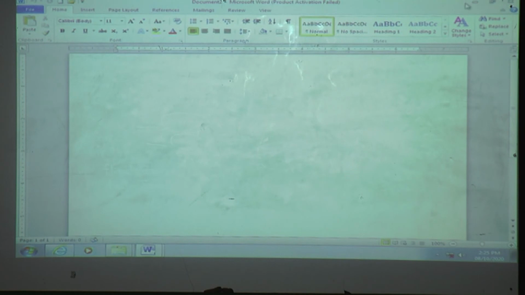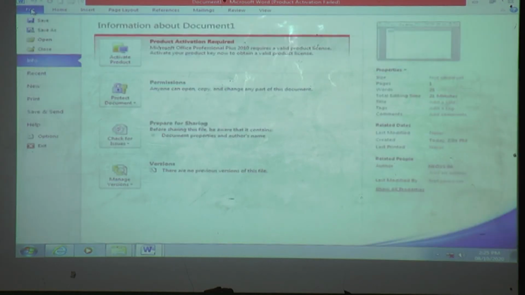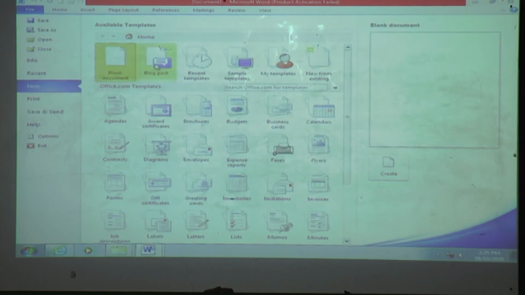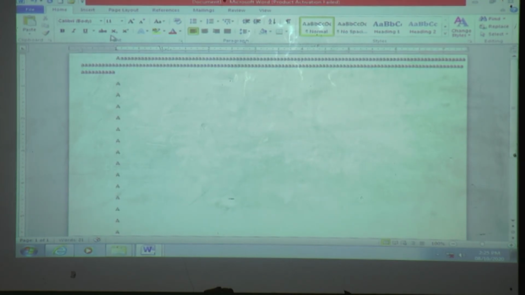And you can also do it by using the quick access toolbar. Instead of going through the File or Office button, click on File, then New, then Blank document, and then Create. Instead of going there, use the quick access toolbar. Where is the quick access toolbar?